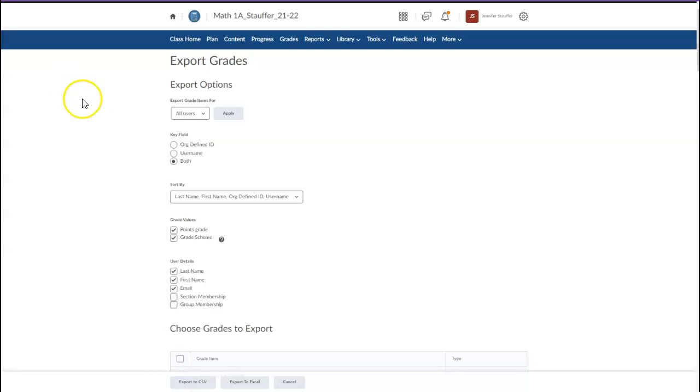This export screen gives you a lot of different options up here. You don't need to worry about most of them. Here is the points grade and the grade scheme. This is the number of points they received and then the letter grade. So depending on whether you want to include both of those things or either of those things, you can uncheck